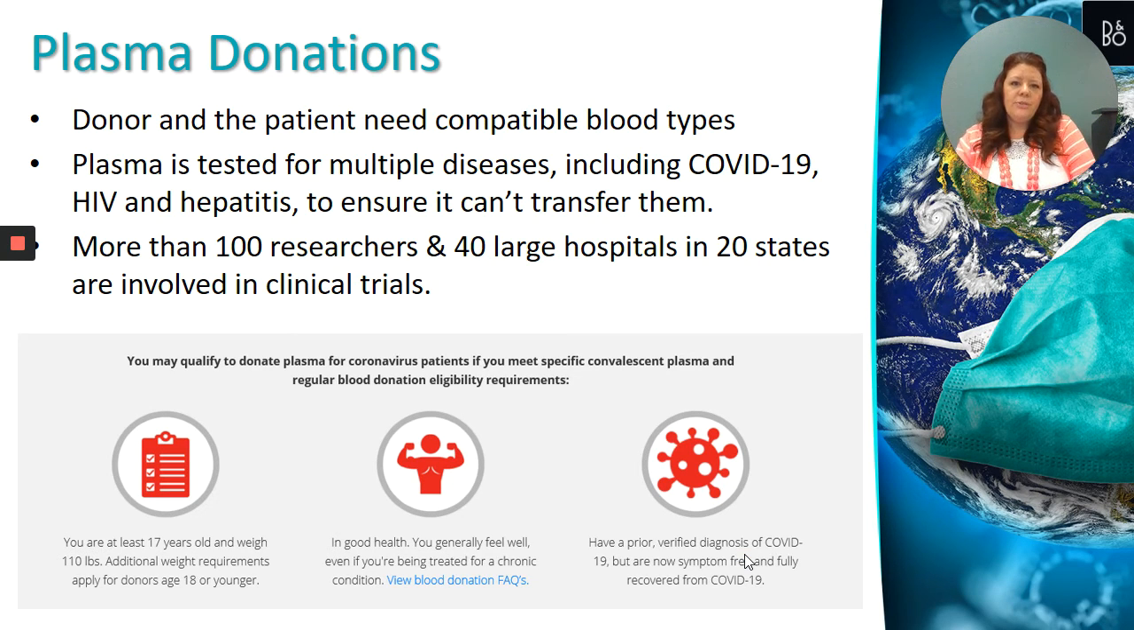Let's talk about plasma donations a little bit. Obviously, if we have a person that has COVID-19 that is receiving a plasma donation, the donor and the patient need to have compatible blood types. And they obviously test that plasma for different diseases, including COVID-19, HIV, hepatitis, to make sure they're not transferring any other communicable diseases. But there are over 100 researchers, 40 large hospitals in 20 states that are currently involved